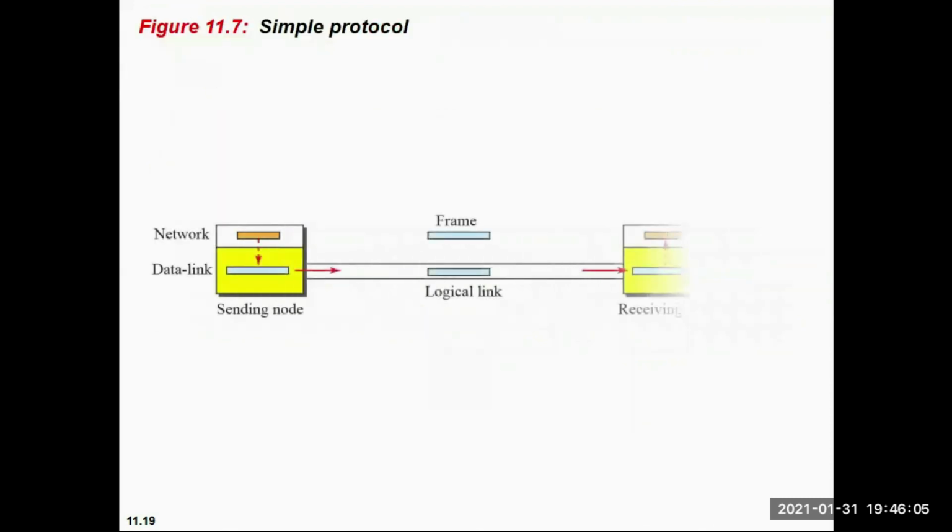So a simple protocol we can see in this block diagram: the network layer has some data, that data is sent to the data link layer, and at the data link layer it forms a frame, and that frame will be pushed through some link to the receiver side. At the receiver side, it is processed and data is retrieved from that frame and transferred to the network layer. All this process is in a synchronous way, and no discarding of frames will happen at the receiver side. So this will be a simple protocol.